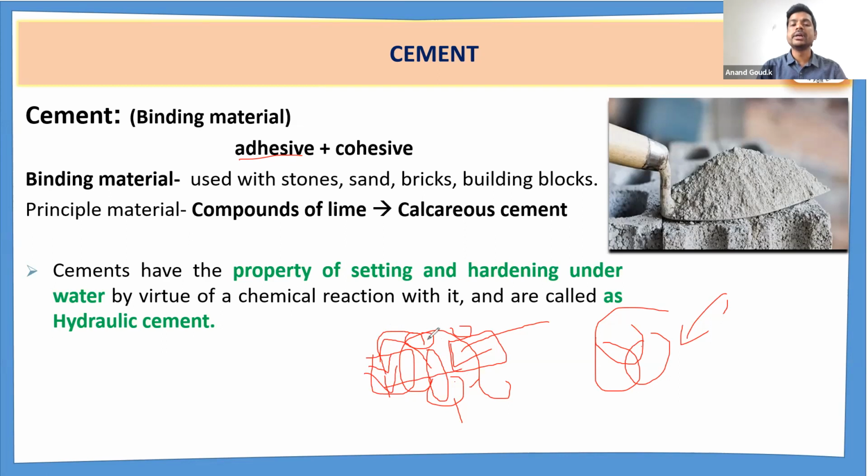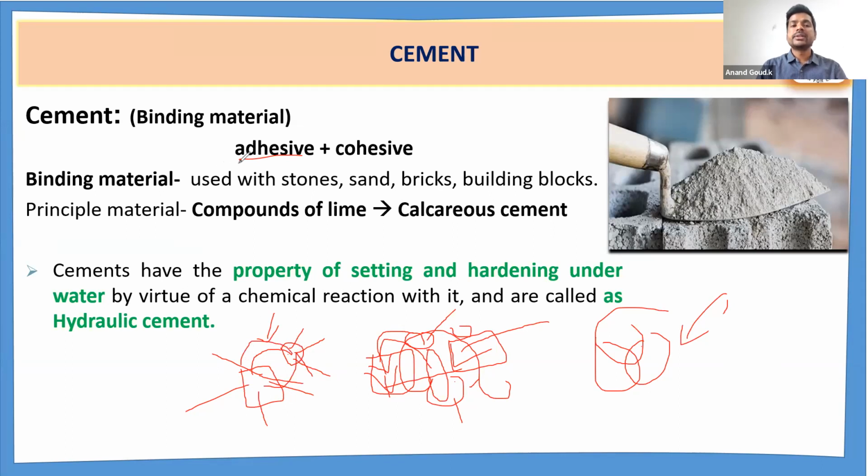That means what is going to happen? This cement particle's property is different, and this aggregate particle's property is different. But still, after adding water to these two materials, this cement is going to bind with this aggregate. That means two different molecules, stone and cement particle, each with different properties. Still, here it is getting attracted and getting bound.